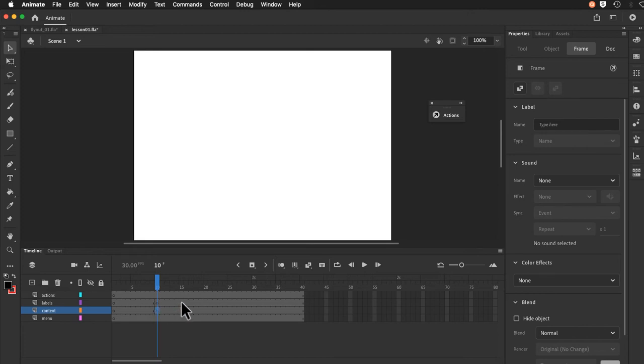So on frame 20, I guess I'm going 10 frames down here. I can shift click these or click and drag downwards. F6 to create keyframes. I need to hit the right button on the keyboard. And then on frame 30, same idea here. F6 to create keyframes. Now these are all empty right now,